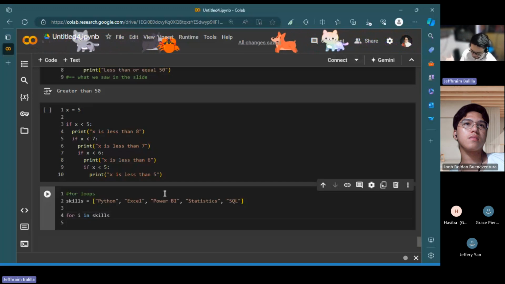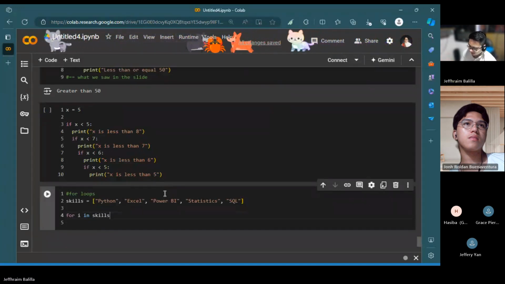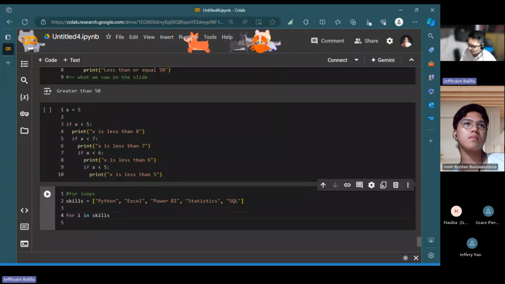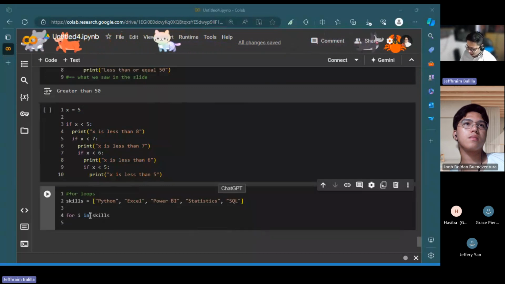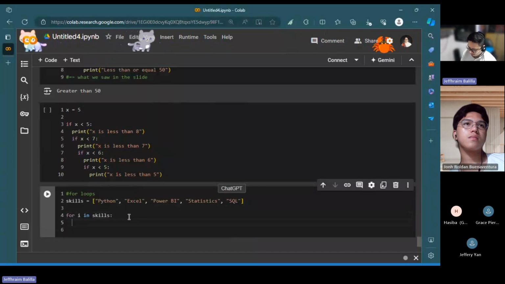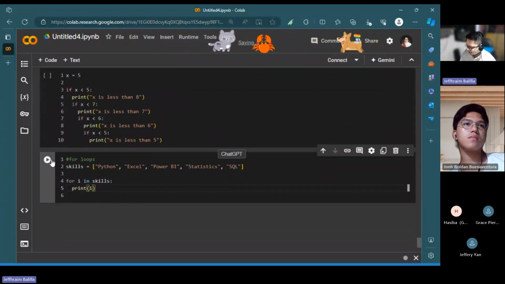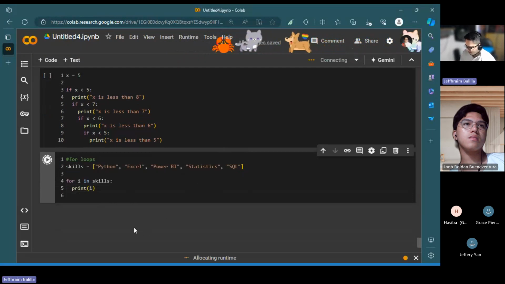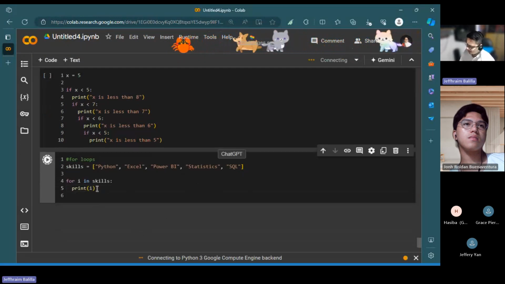It changes colors. I almost forgot that in is also an operator. Remember how we used it to specify multiple ors? The reason it changes colors is because of that. It's also an operator. So for I in skills, what process do we want to execute? We want to print I. If we do that, you would observe that for each of the elements, it will be printing it.